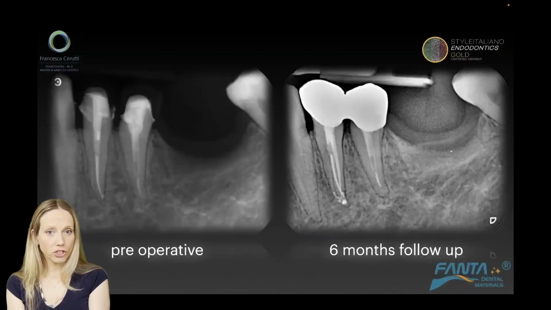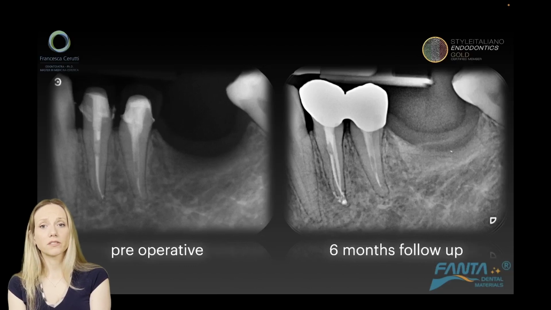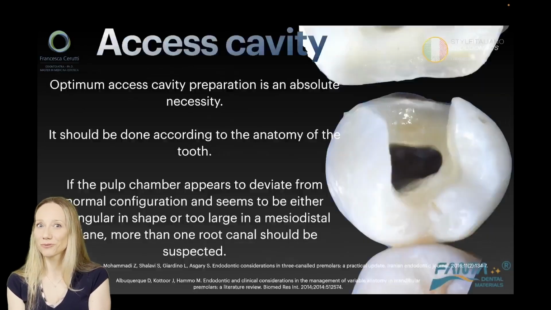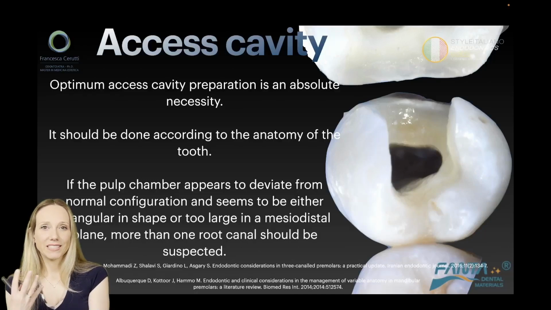I treated the patient, I sent her back to the colleague for the prosthodontic restoration, and I have a 6-month follow-up X-ray where everything is working correctly. And you see the 2 separate root canals in this lower premolar that was supposed to be easy as a tooth. But obviously, if I want to see something, I have to make my access cavity